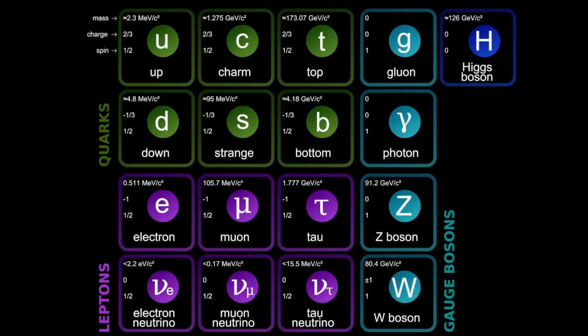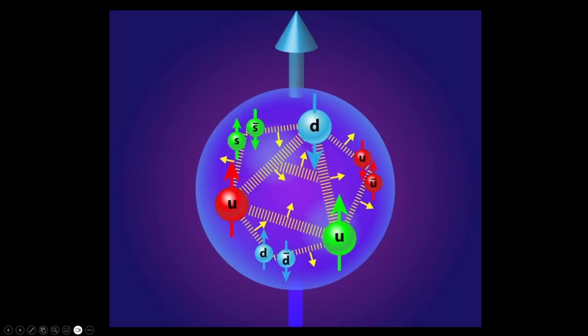And the standard model also tells us how these particles interact, namely via these gauge bosons in the light blue. These are the force carrying particles that mediate how these fundamental constituents interact. Now, you can take these fundamental constituents and arrange them in very interesting ways to give you new types of phenomena. So this right here is a proton, and it's composed of two of those up quarks and one of those down quarks. Through this very complicated mechanism by which these constituents interact with each other, we get a stable structure known as a proton.